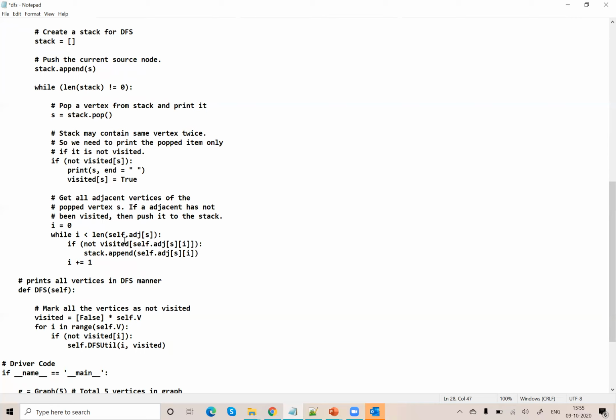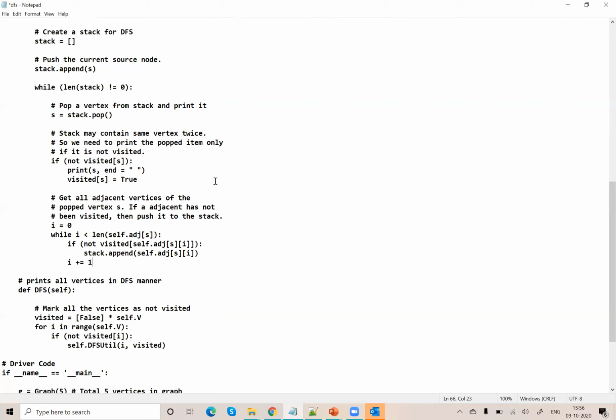If this condition is satisfied, then I look for all the adjacent vertices of the current node, and then I append those nodes into the stack. Then I increment my I.